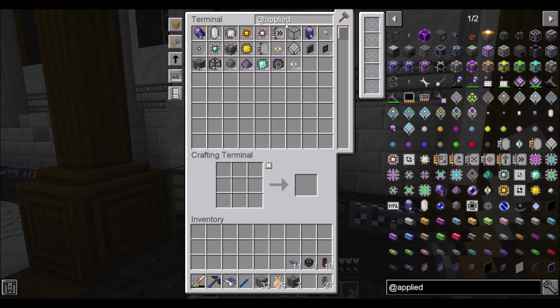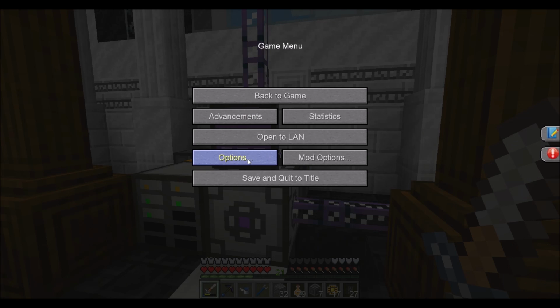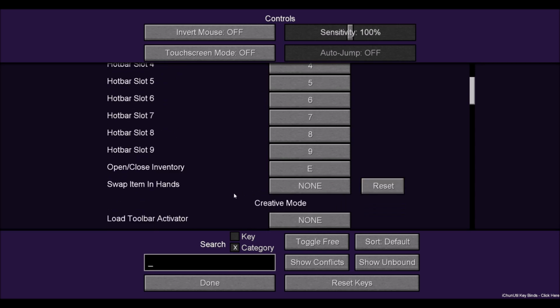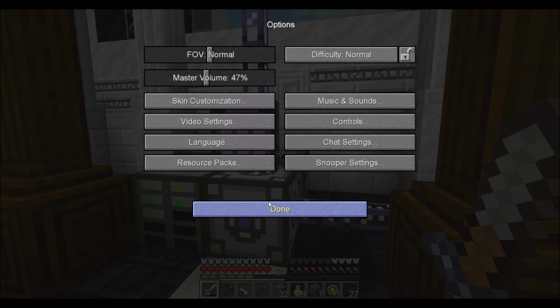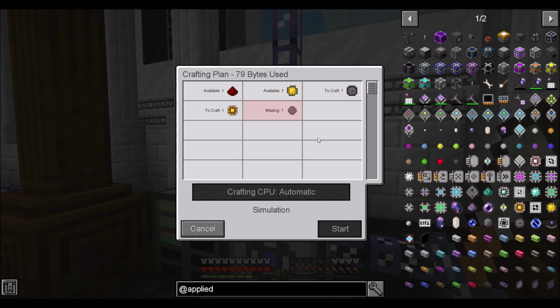Right? So if we said, hey, Applied Energistics, I would like, can I not middle click this? That's what you normally do, isn't it? Huh. Mod options. Options controls. Huh. That's interesting. Usually middle click forces a craft. I'm wondering why that's not working. That's interesting. Middle click will usually...